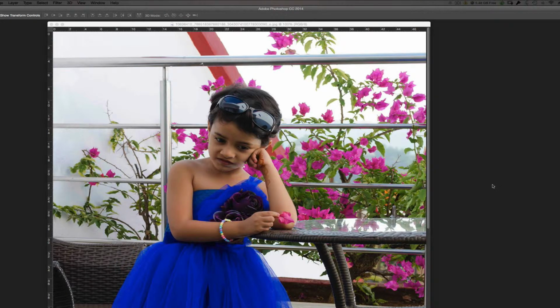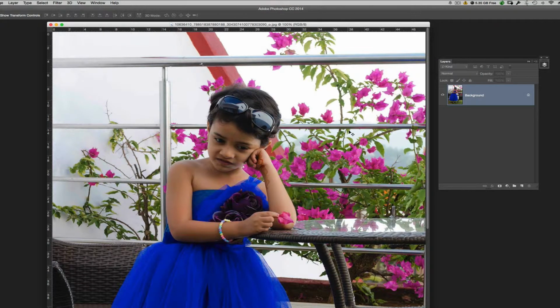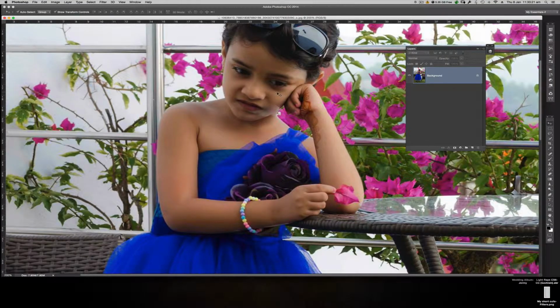Hi there. This beautiful image was provided by Santosh Dhoble. Santosh was wondering if we can remove the flare of the flash gun on the face. Let me blow the image up so that we can see exactly what I mean. Here we go. If you see on her left side of the face, right next to the